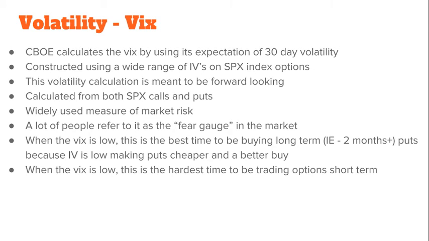The VIX is a forward-looking indicator. It's the market's expectation of the next 30 days of volatility on the S&P 500. It's constructed using a wide range of IVs on the SPX. So implied volatility. If you're trading options and you don't know what implied volatility is,